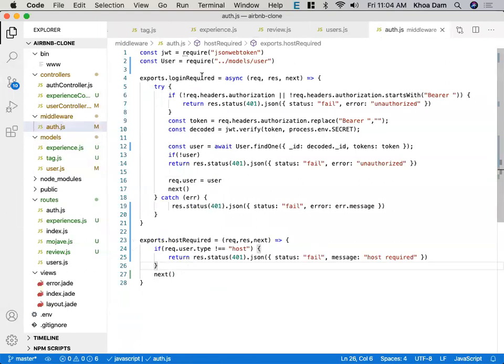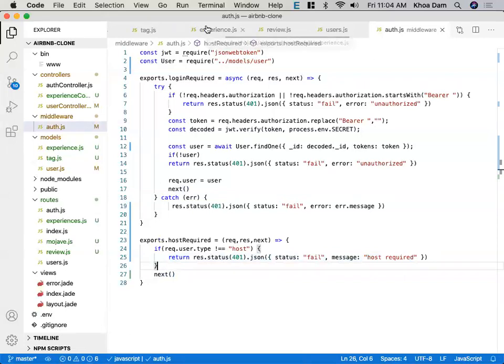Because login is required, we pass the request of user down to the next middleware. So this middleware will have the request of user, and then we check the type of the user. If it's a host, then we call next. If it's not a host, then we return with the error. Right. So now next step,